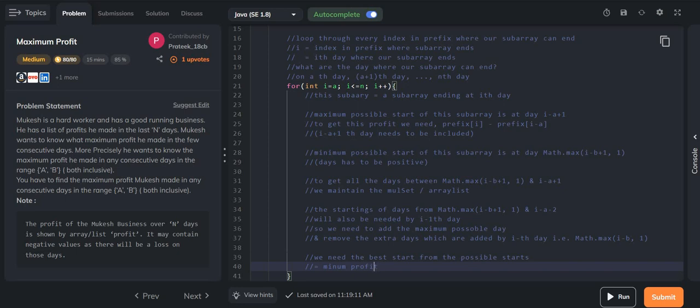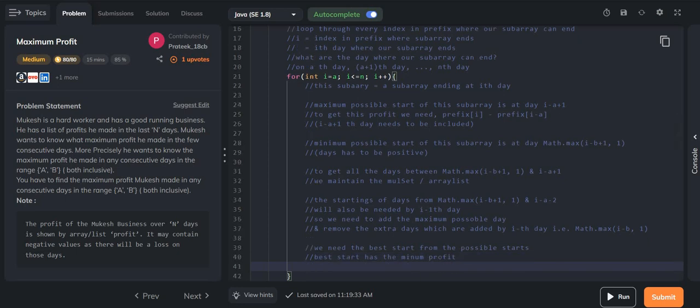The best start is equal to the minimum profit. The best start has the minimum profit, because we need to subtract it. So whatever, it's better if we subtract a lesser value. Okay,